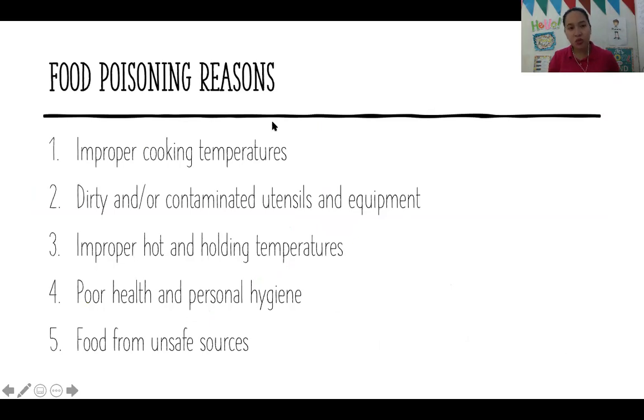Okay? So we have here mga reasons why food poisoning happens. Okay? May mga reasons why food poisoning happens. One, improper cooking temperature, meaning kulang. Okay? Supposed to be cooked in that particular temperature, but instead of reaching that particular temperature, nasa baba lang, medyo mababa yung na-achieve. So, hindi masyadong na-cook yung food. So, magpo-food poisoning ka niyan.